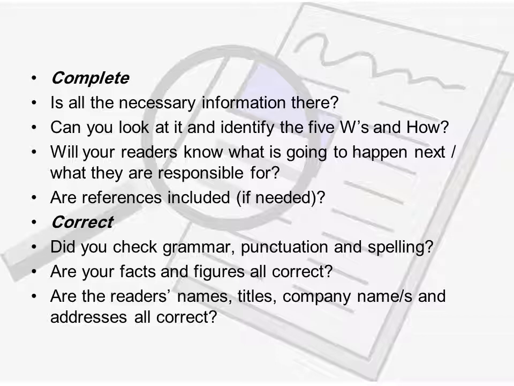And when we say that the report is complete, is all the necessary information there? Can you look at it and identify the 5 W's and how? Will your readers know what is going to happen next, what they are responsible for, and are references included if needed? And we can say that it's correct when answering: did you check grammar, punctuation, and spelling? Are your facts and figures all correct? Are the readers' names, titles, company names, and addresses